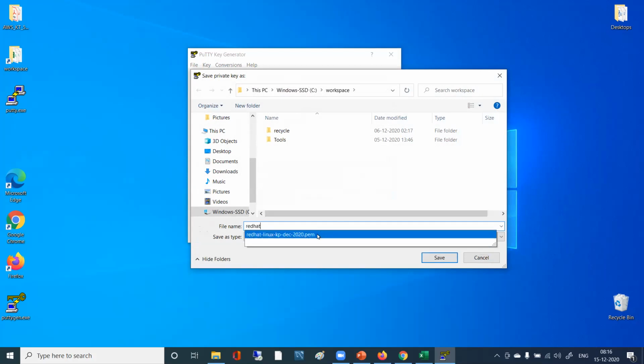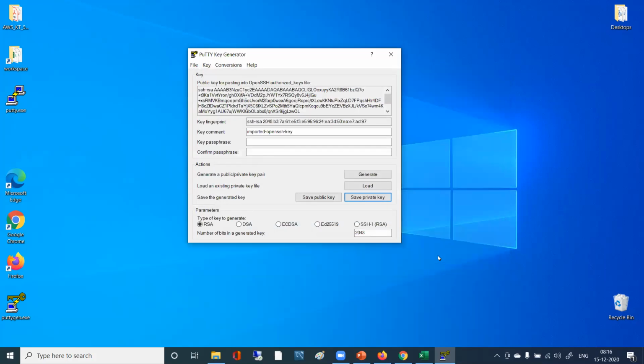Something like this, but not that PEM. Similar to that, but here it will be saved as PPK. Right? So what is the full form here? PuTTY private key. PPK, PuTTY private key. Now it just says save, right? And then we're good. That is done.